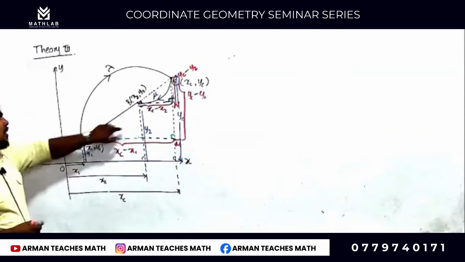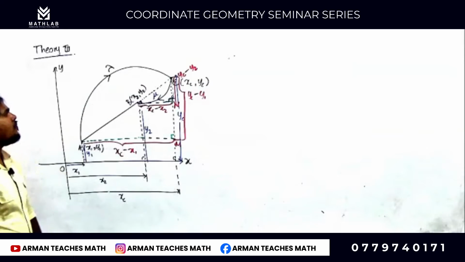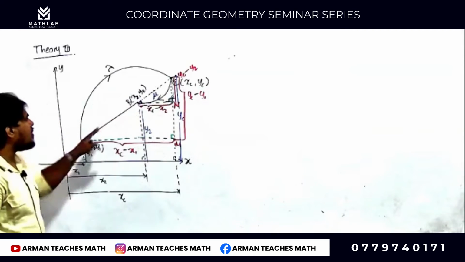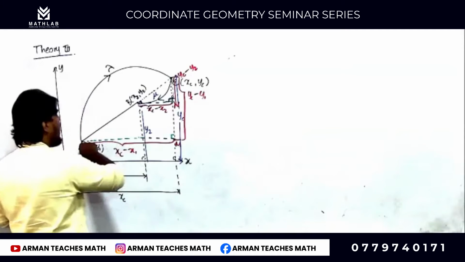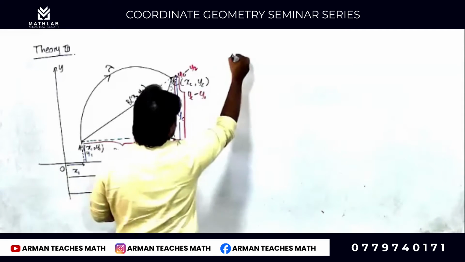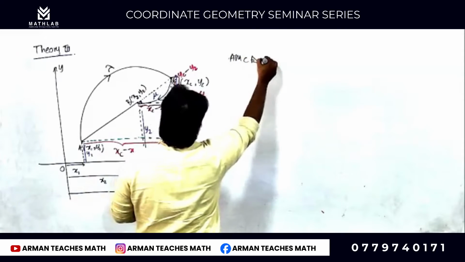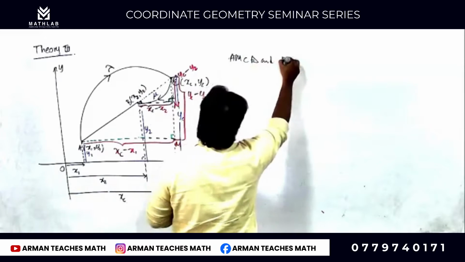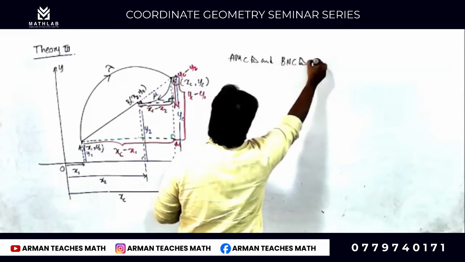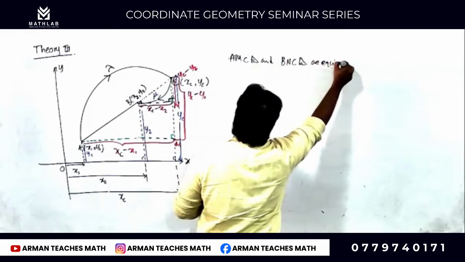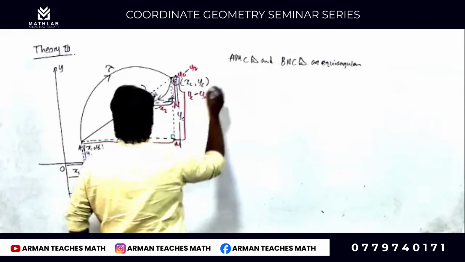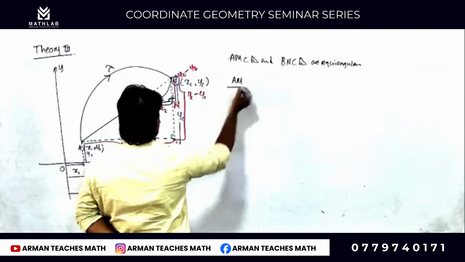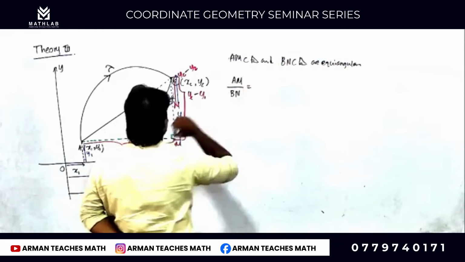Instead of taking the small triangle, I have taken the big one because lambda is there. Still, the big right angle triangle and the small right angle triangles are equiangular. Now listen, I'm going to take the AMC right angle triangle and the BNC right angle triangle, which are equiangular. If two triangles are equiangular, corresponding sides are proportional. So AM divided by BN is equal to